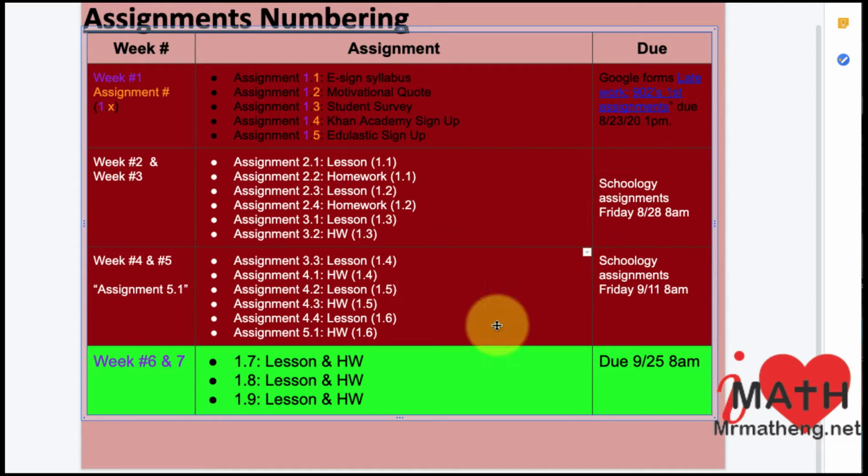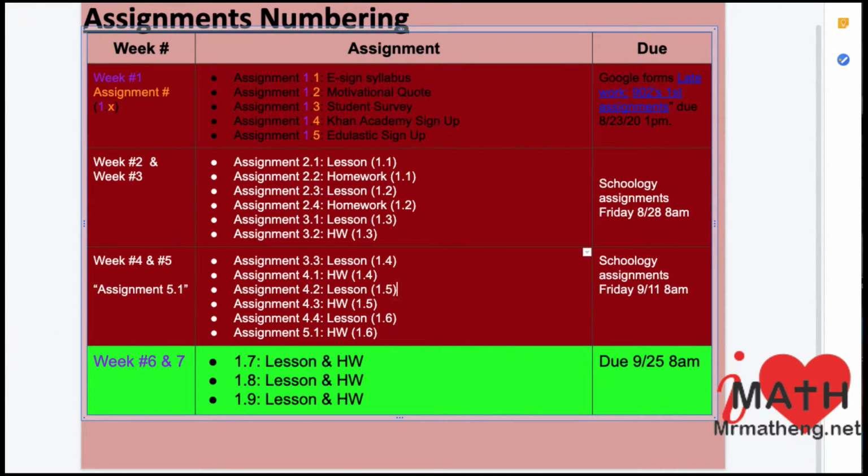Okay. I decided to go away from the idea of numbering. They would suggest it to us to number our assignments, and I'm just going to call it, math teachers are good at this, just figuring out something really simple. I'm just calling it week 6 and 7 work. Week 6 and 7 work, okay? And all of these will be due not this Friday, but the following Friday, okay?